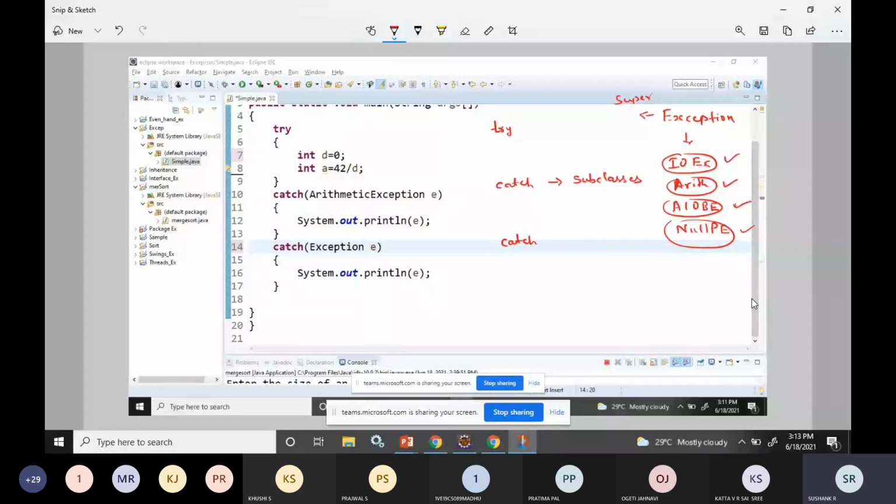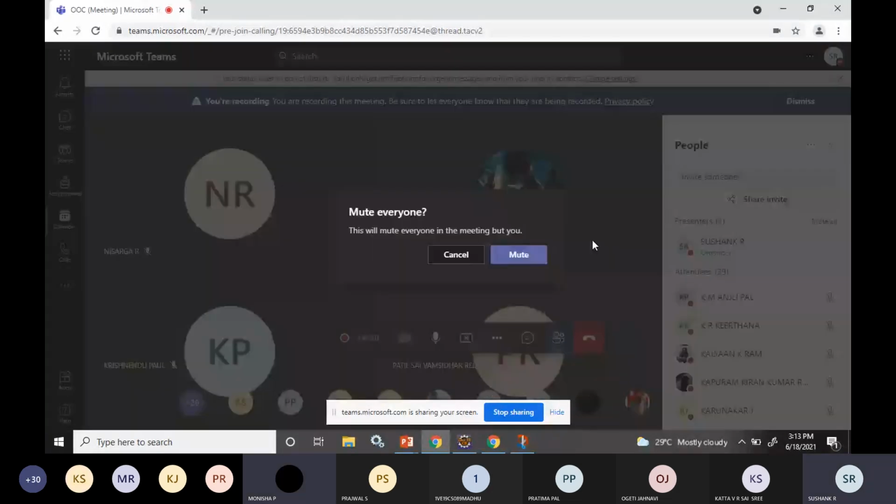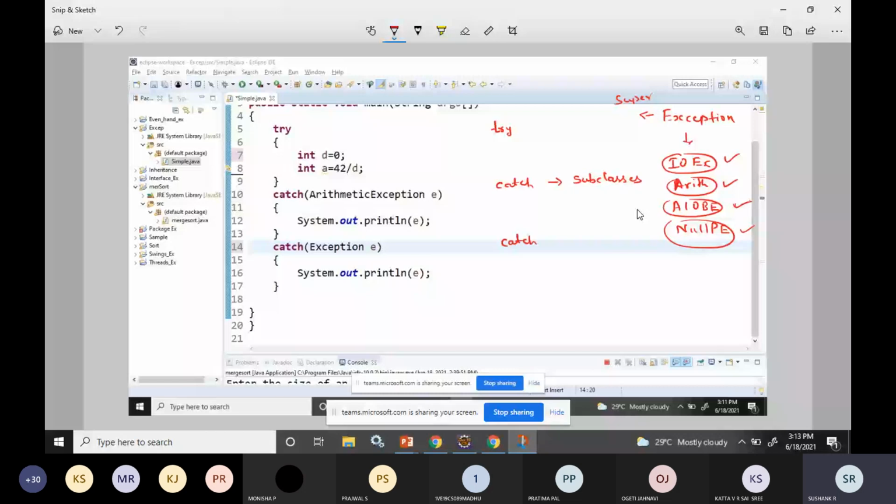The superclass can handle all the exceptions of its subclasses. Here, the Exception class is capable of handling all these various subclasses.